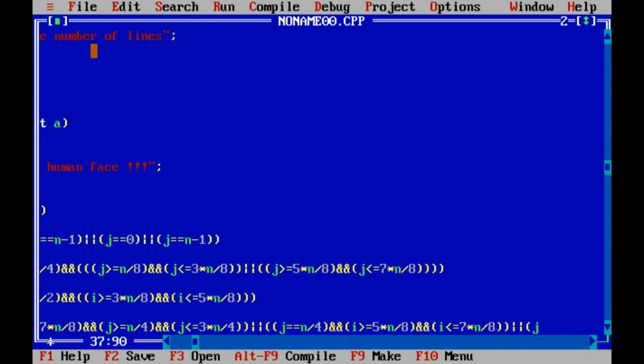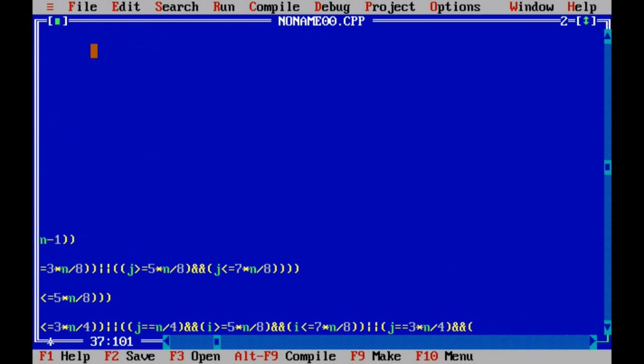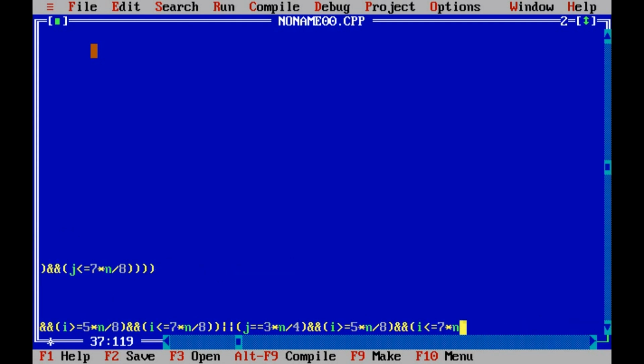So we use double or, j double equal to 3n by 4, now double and with i greater than or equal to 5n by 8 and i less than or equal to 7n by 8. Actually this statement can be written in a single form, but it would be better if we print in this format so that we can learn more how to print a face.